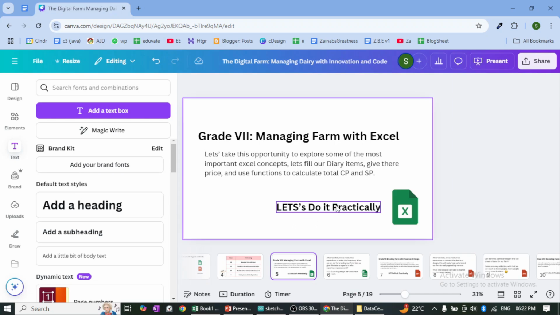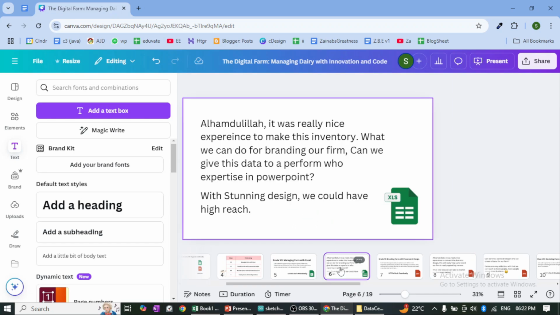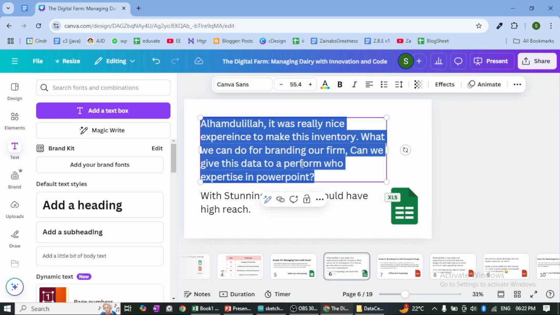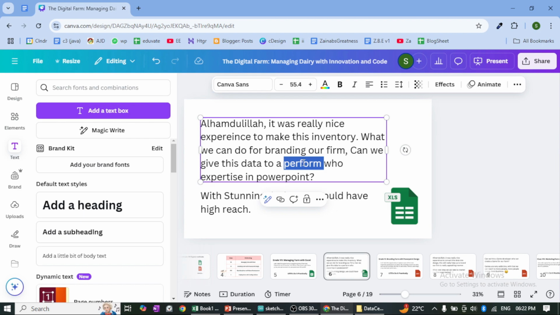We did it practically. Now one person will come from your team, and that person will read this. You guys can decide who is coming here. So they will say, Alhamdulillah, it was a really nice experience to make this inventory. What can we do for branding our firm? Can we give this data to a person